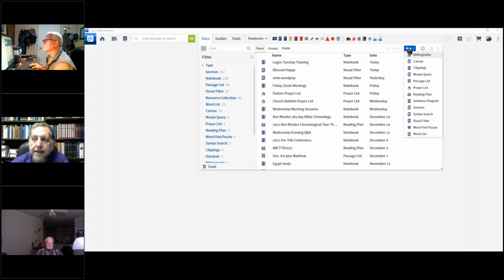And really, this is probably the least common way that I've ever created a document. I will typically create passage lists from a search result, or I'll create a visual filter from a search result. Most of these will be created using other utilities, but we can still show you how to do these. So